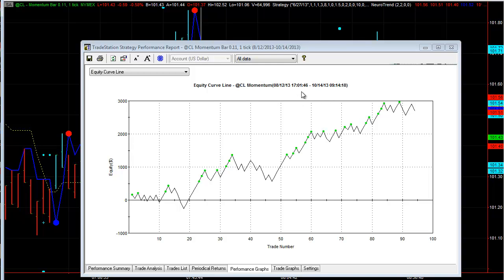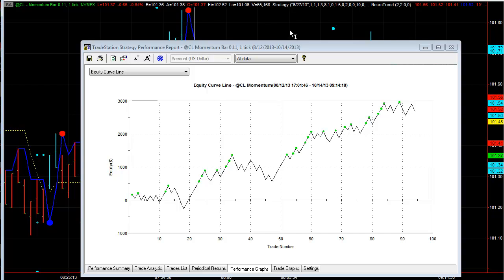Okay, and this is basically over, looks like about a 45 to 60-day period. And you can see it's generally a pretty good equity curve here overall, right? You got some winners, some losers, but it's certainly gone in the right direction. And so, normally most people might look at this and go, hey, I'd be pretty satisfied with this. Maybe there's a way to improve it. Maybe there's a way to reduce the number of trades to increase the average per trade. But let me show you what I mean by time.